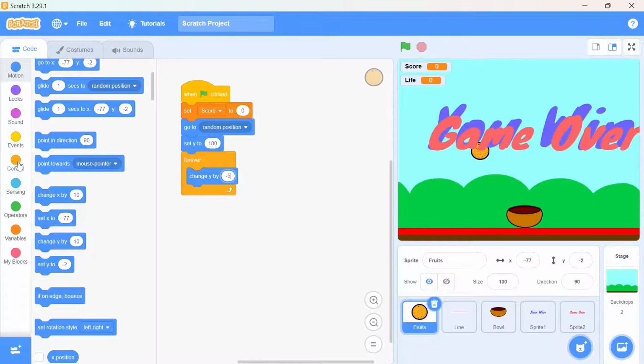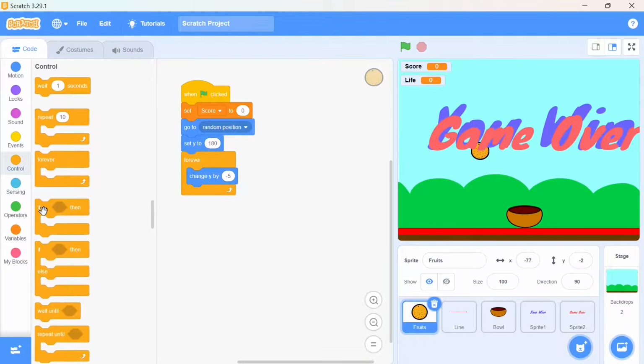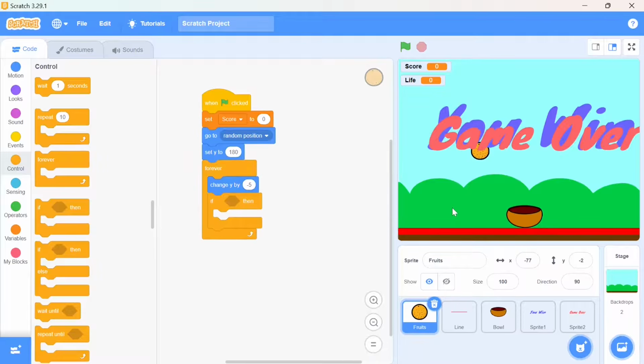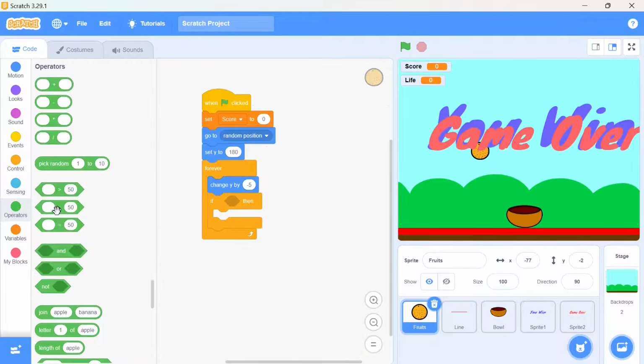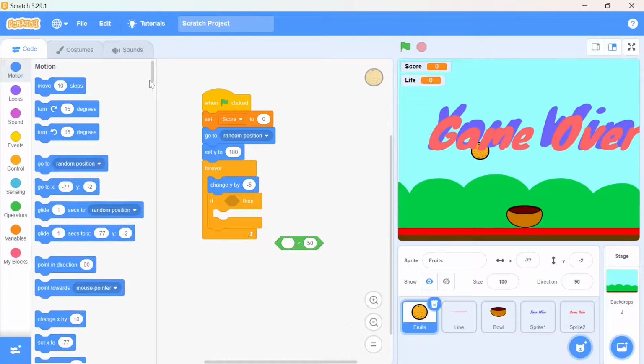Now I'm using the if condition. Here in the if condition, if the fruit goes to -170, then the fruit will again drop down from the top, meaning it should be set to 180 and start dropping down from a random position. For that, I will take the operator block, and here I will take this smaller sign. Also, I want the motion block y position.